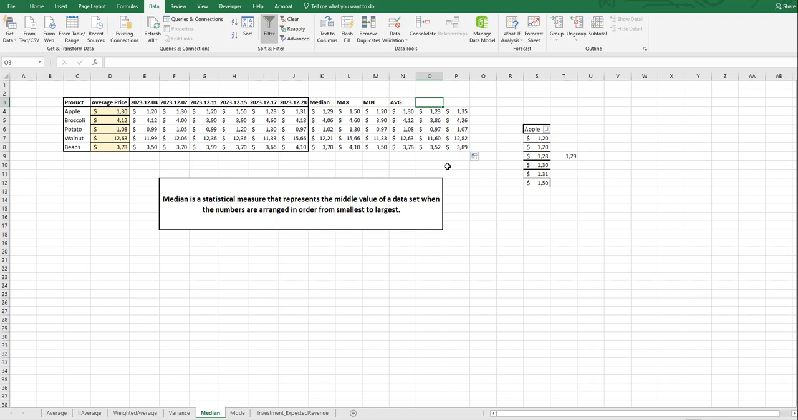So the median is a very useful statistical measure, but you shouldn't look at solely the median. You should look at the maximum, the minimum, the average, and the median, and also the mode and the variance. And about the mode I'm going to talk